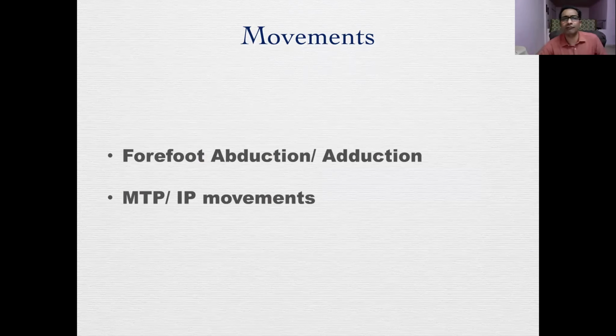Also, you can look at flexibility of the foot. This sometimes you tell in CTEV, you say partially correctable. So how do you do that? You pull at the foot and find that it is almost coming to neutral. Or you say it is rigid, so there's no movement at the forefoot. So you can quantify the movements of the MTP and IP joints also.